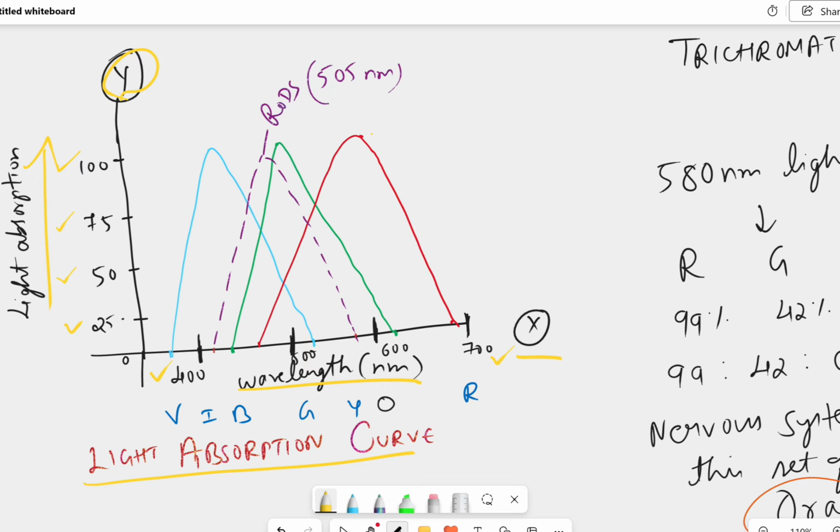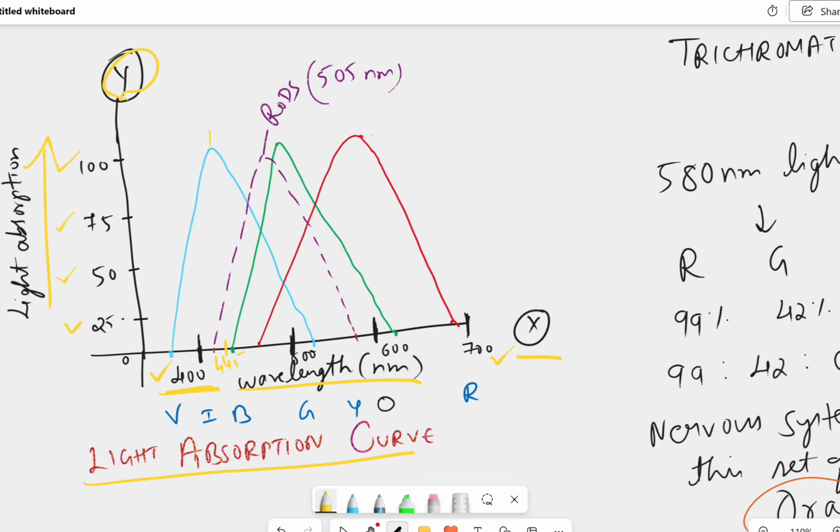Now, just observe there are three colored curves: one in blue, one in green, and one in red. The blue curve peaks around 445 nanometers. Somewhere around 445 nanometers, the blue cone is peaking, and it is sensitive to shorter wavelengths. Can you see that? It's very close to 400, while 700 is closer to longer wavelength light. So this blue cone is sensitive to short wavelength light, and that corresponds to blue or violet